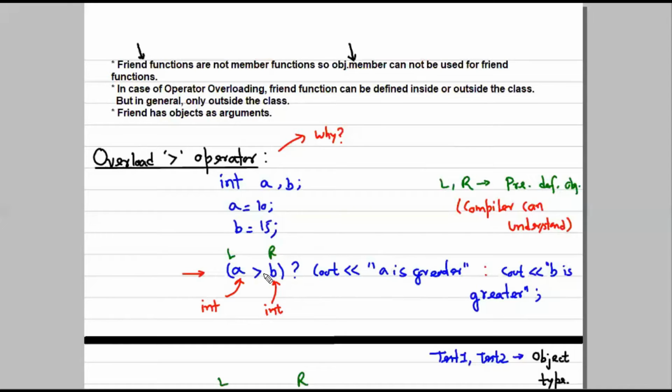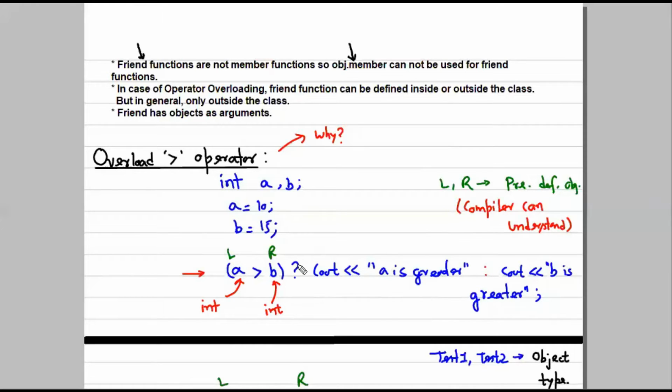If this statement is true, this will be executed, and if it is false, the statement written after the colon will be executed. In this case, this statement will be executed.